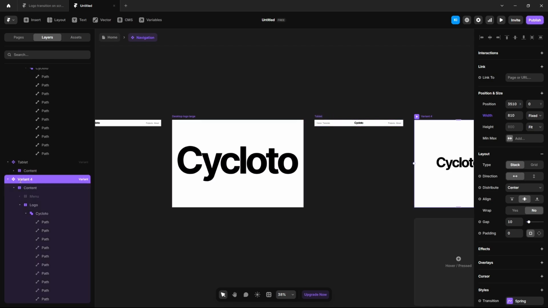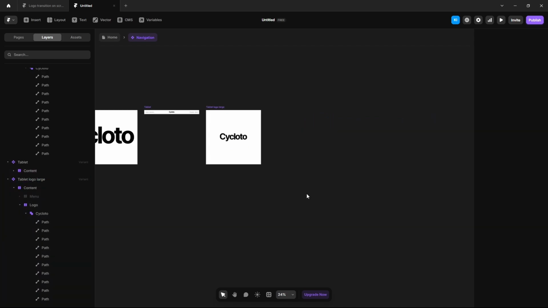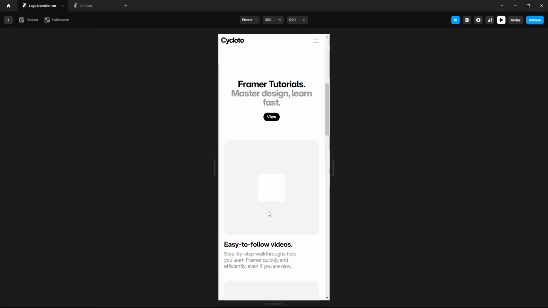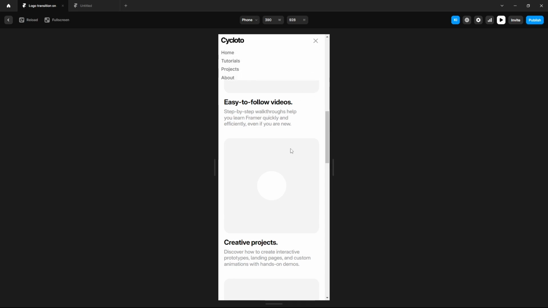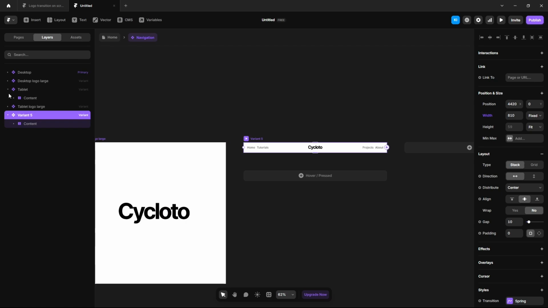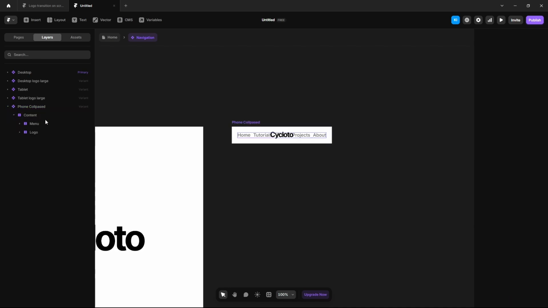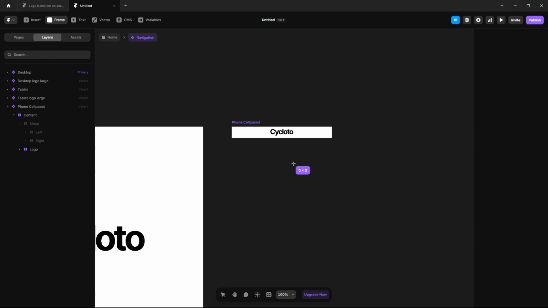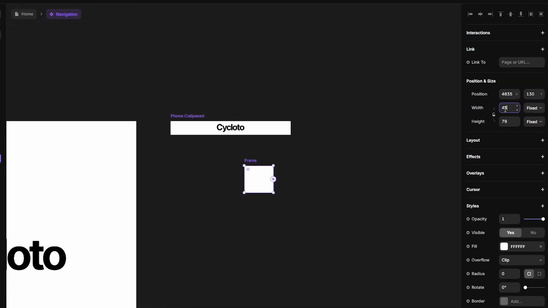As for this, for phones we will create 3 variants, one here and second one here, and finally one for this. Click here, name it phone collapsed, width 350, expand it, menu, scroll down, visible, no, draw a frame, set the width 45,